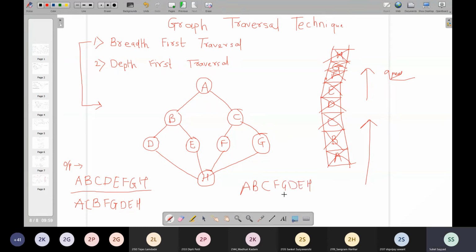No, this cannot be a correct answer, because if I have written B over here, then these two things are invalid. Exploring of B has to be done first, and then I cannot get F and G over here. Either I can get D at this position, or I can get E in this position. So this is not the correct traversal answer.